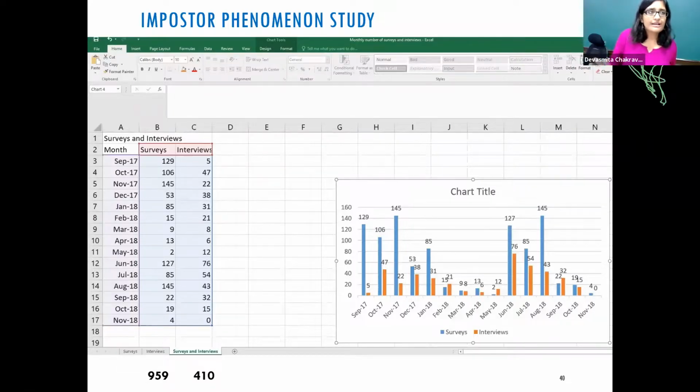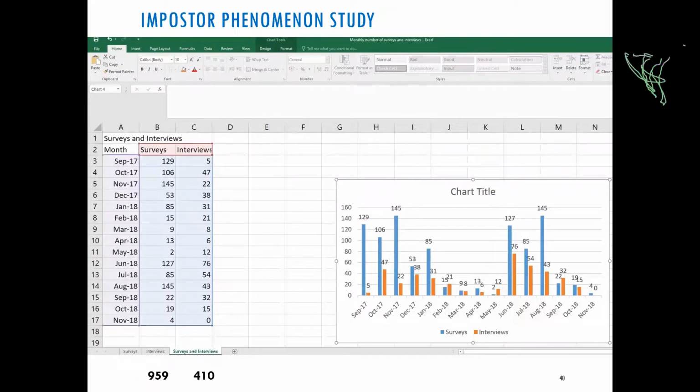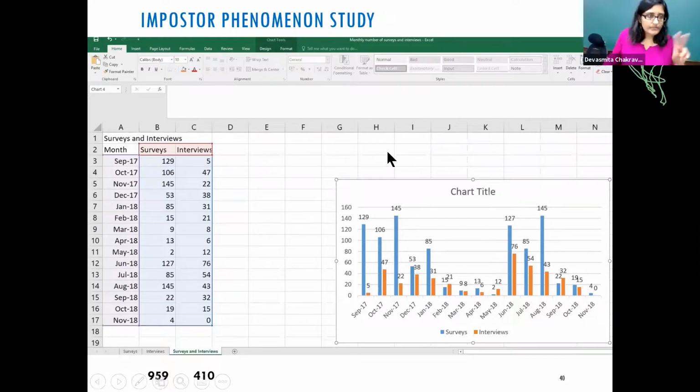It was not even like a survey in the sense that they were not survey questions. They were mostly scale items. So these scale items were of the imposter phenomenon. There were two that I used. I didn't talk about it. There's the CIPS, the Clance Imposter Phenomenon Scale. You can quickly Google it, you'll find it. It's a 20-item scale. And then there was the Harvey Imposter Phenomenon Scale, HIPS, which is a 14-item scale.